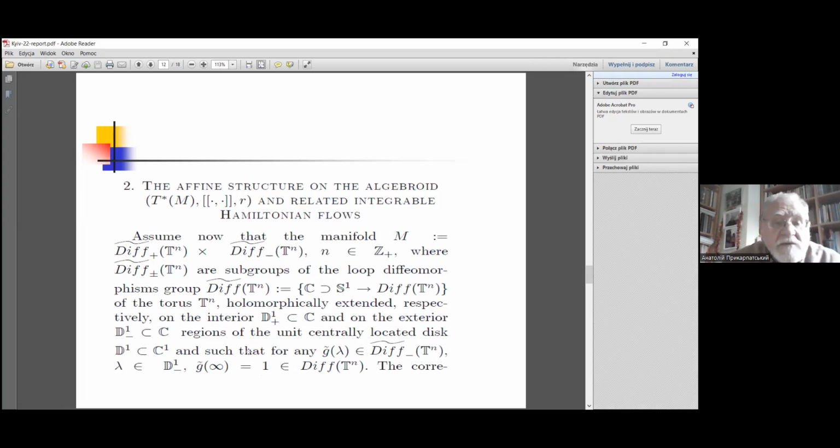analytically dependent on the parameter lambda, inside and outside. And the normalization of this diffeomorphic group is taken in such a way that any element of G belonging to the holomorphic diffeomorphic group outside the disk, at infinity, lambda tending to infinity, is equal to the unit mapping of our group. So this object